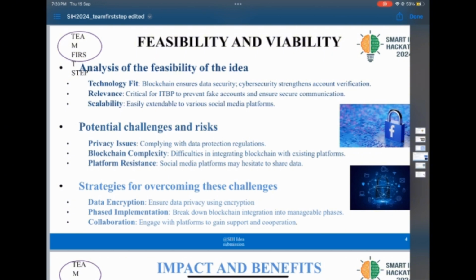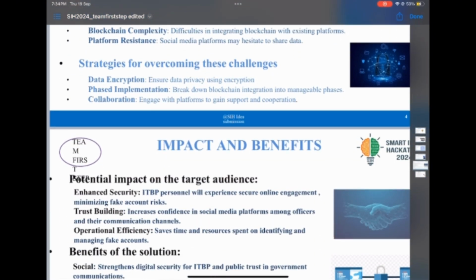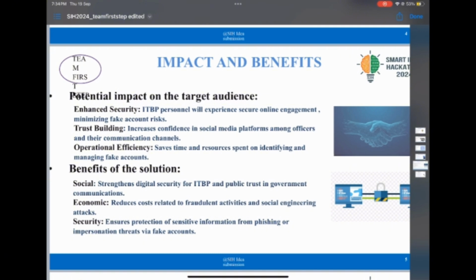alternative to expensive AI systems, and technically reliable, with sophisticated AI algorithms continuously improving with each detection, and customer friendly with a simple, intuitive UI that law enforcement and social media platforms can use with ease. The most significant benefit is our ability to distinguish fake accounts from the real ones in real time. This is the game changer in preventing the spread of misinformation and safeguarding user security. Additionally, we provide a centralized agency, that is a dashboard which integrates directly into the platforms, eliminating the need for multiple external touch points and making the detection smoother.